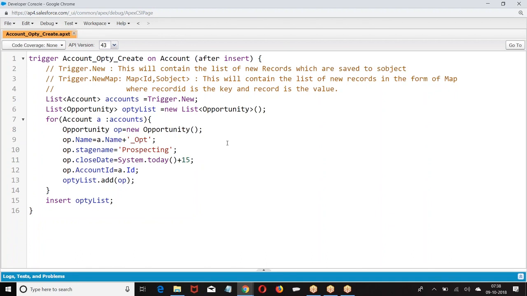Now I want to create an account team member. If you understand well, on the account object there is no queue concept. You cannot create a queue on account. You cannot create a queue on opportunity. If a group of people want to collaborate and work on a record, let us say now I got an opportunity from Wipro. They're asking for 3 Java resources, 4 Salesforce resources, and 2 Hadoop resources.